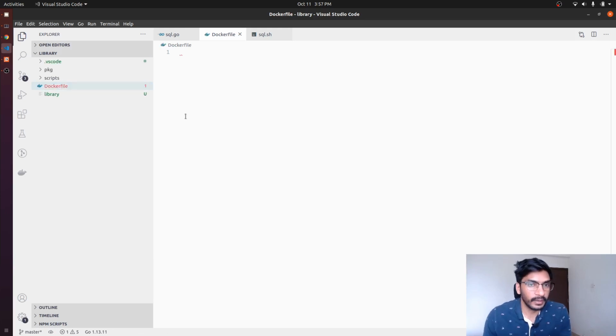Now the path where you create the Dockerfile is actually important, right? Because when you try to build the Docker image, you will have to pass the context as well. By default, people use the directory where the Dockerfile is, right?